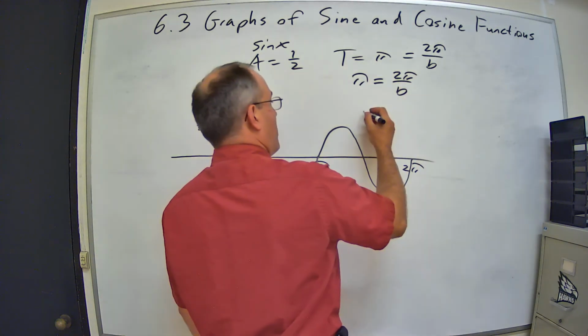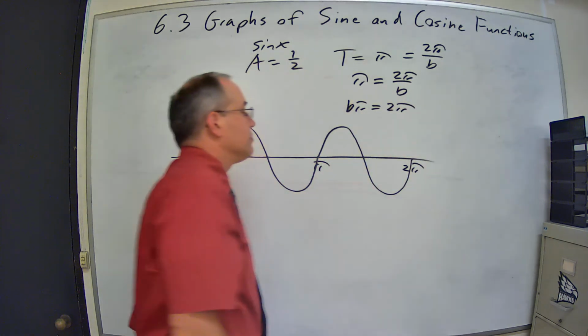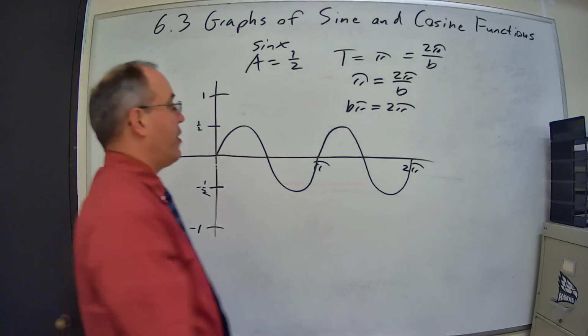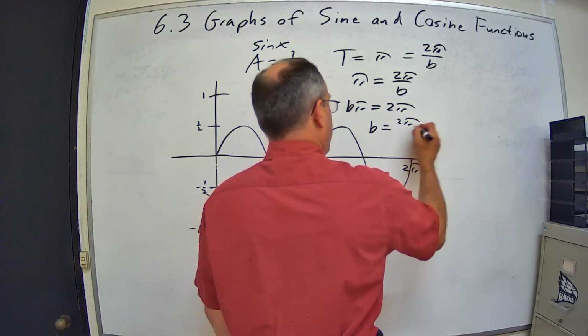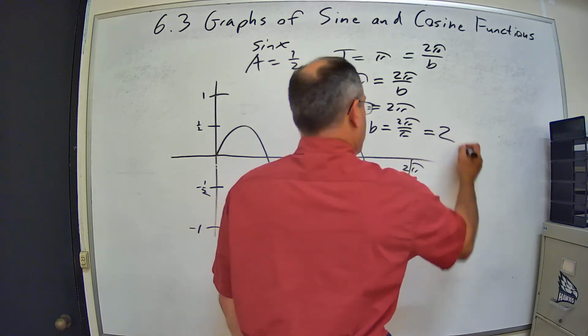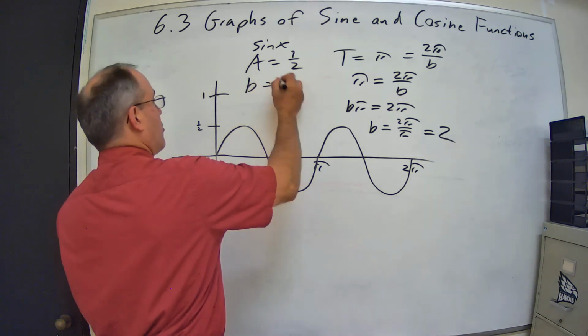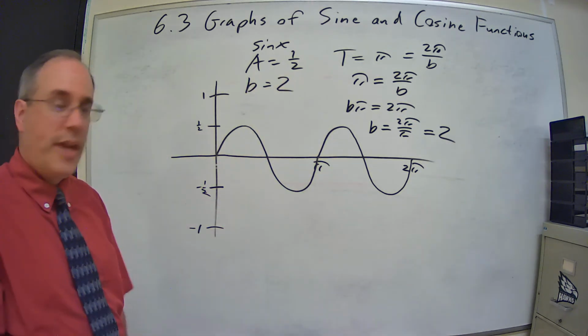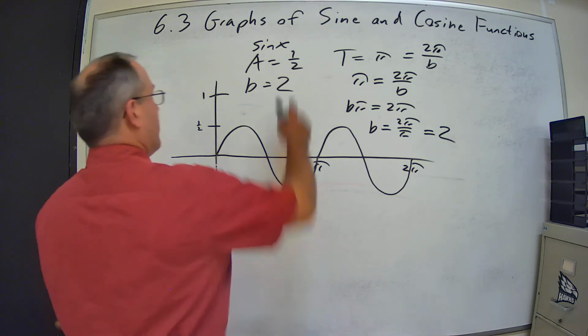Multiply both sides by B. B pi is equal to 2 pi. Well, that's going to be pretty straightforward, right? Divide both sides by pi. B is equal to 2 pi divided by pi is equal to 2. So now we have B equal to 2. So the equation for this sinusoidal function is